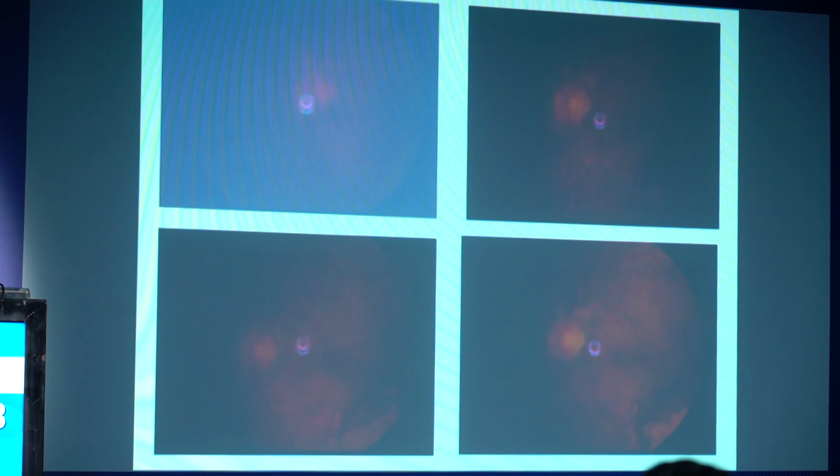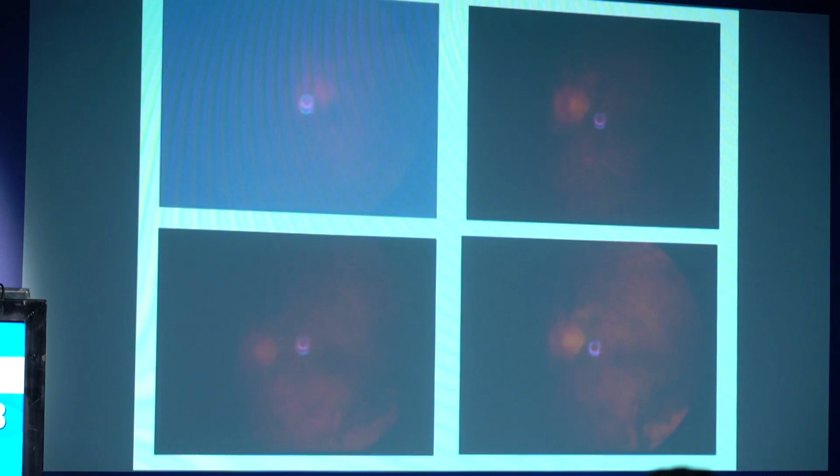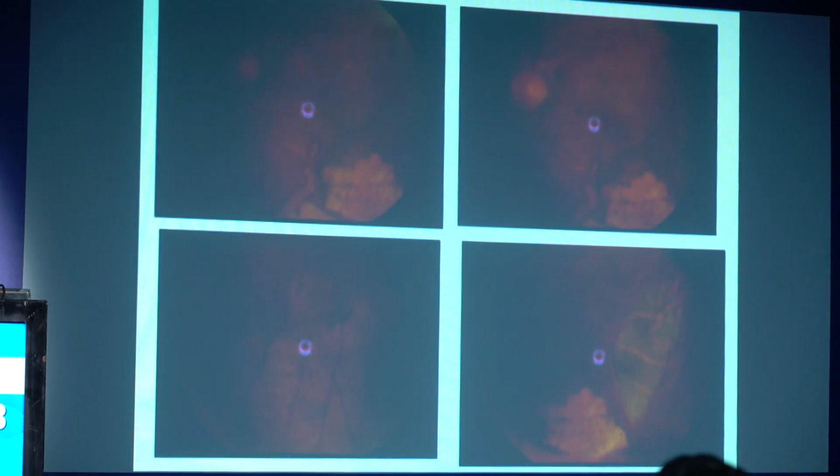This is an interesting patient. This patient came with vitreous hemorrhage, for which we did a vitrectomy. I don't know, the pictures are not very clear on the screen. It's quite okay here. Intraoperatively we found massive submacular hemorrhage, which was just short of the fovea, and these are the pictures post-op: altered vitreous hemorrhage,